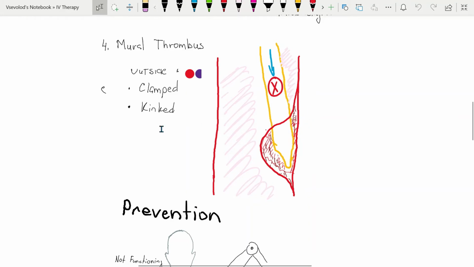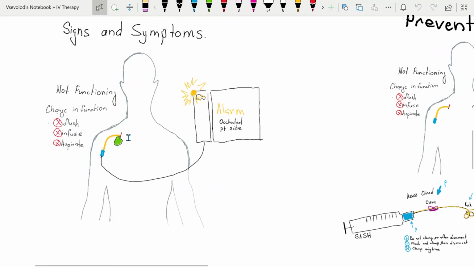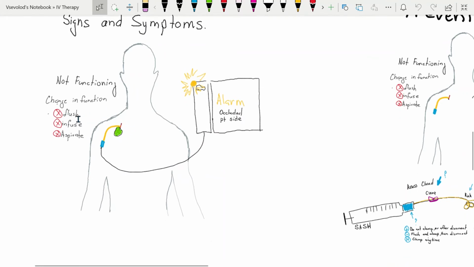So signs and symptoms of catheter malfunction can be, again, inability to flush, inability to infuse, sluggish flow, frequent pump alerts that it's occluded, or leaking of the fluid at the insertion site as fluid backtracks along the fibrin sheath. So some of the things that can be done to prevent that